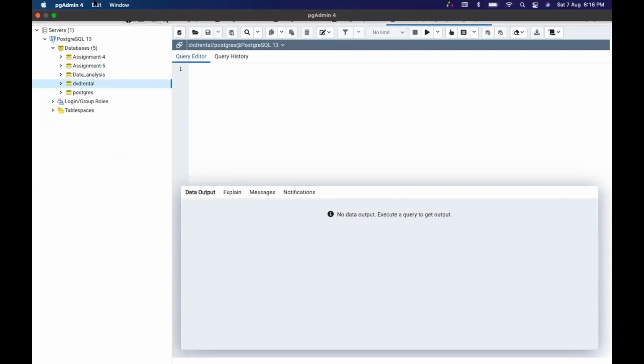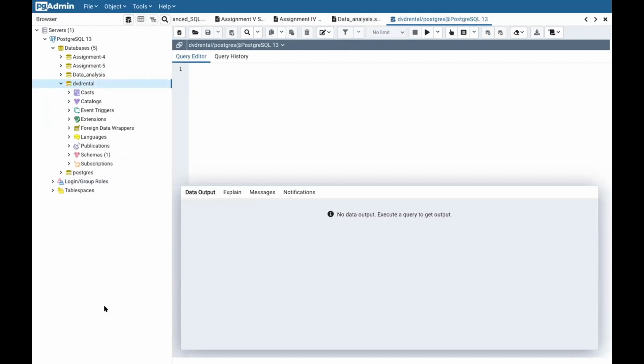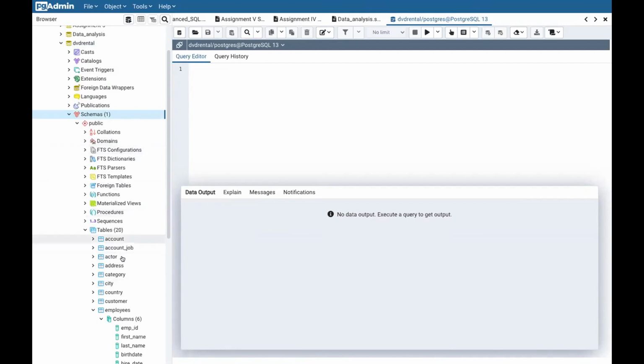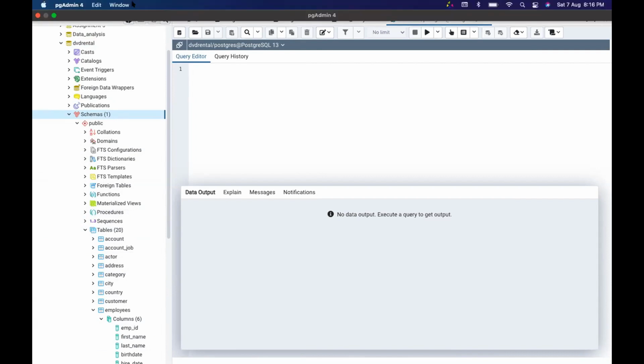Because we have multiple tables in our database, there are 20 tables over here, you see, because we also created some new ones that day. So how do you calculate the size? Let's say I want to know the database size, not each table's size, but the complete database size. So what I can do for that is